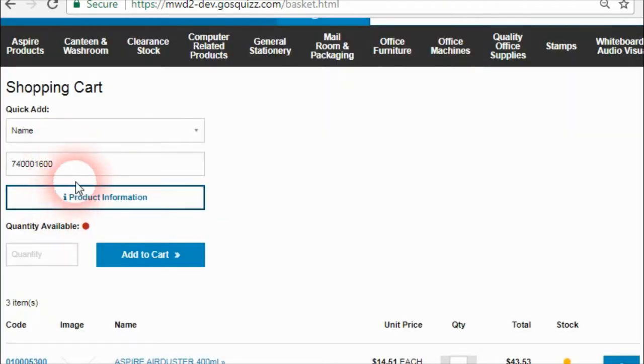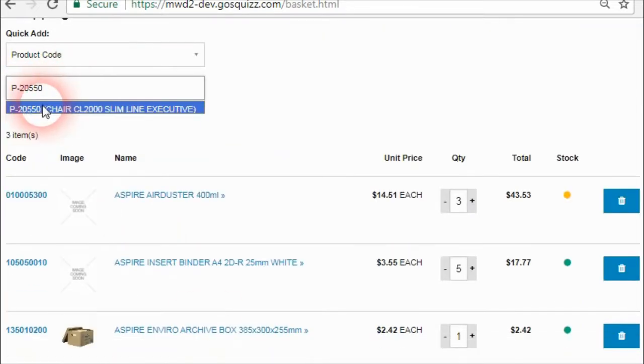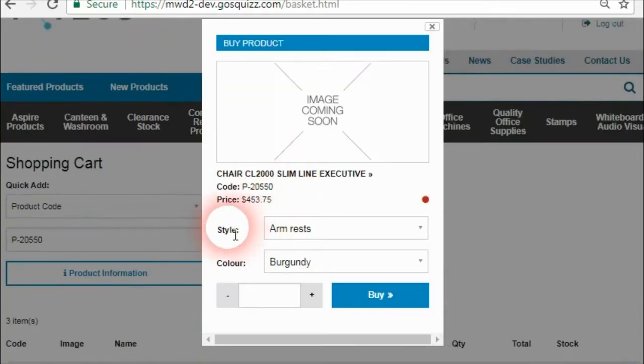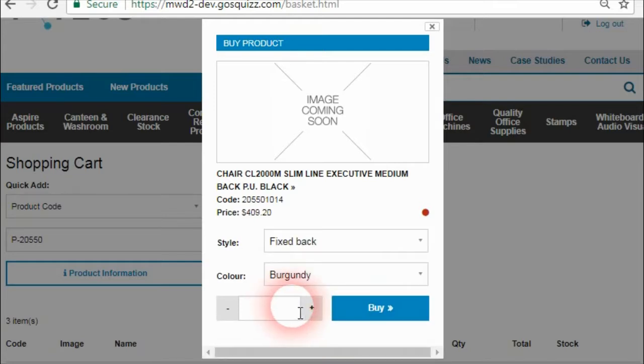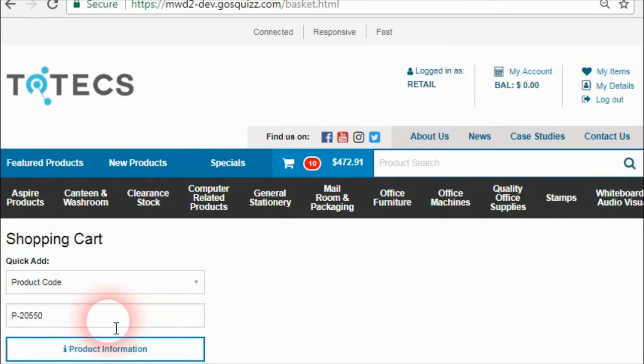The area is smart enough to know when a combination product represents a number of products that are related to each other based on such things as colors and sizes. So if we choose to load a combination product, then the area knows this is a product combination, that product itself cannot be added to basket, and the user is forced to view the information about that product as well as choose from the options such as color and size before they can add that product to basket. The other improvement that's been added is if you're logged in as a sales rep and viewing this area,